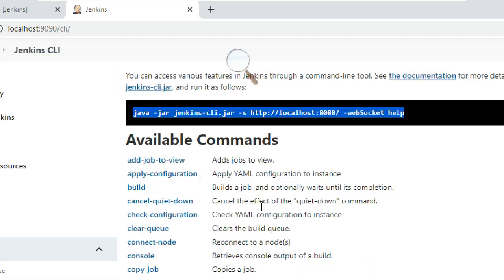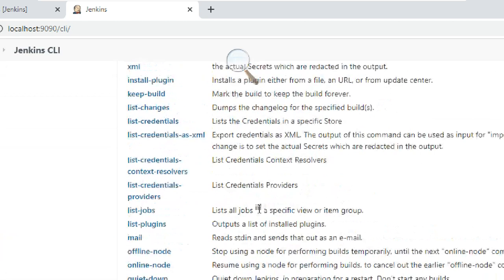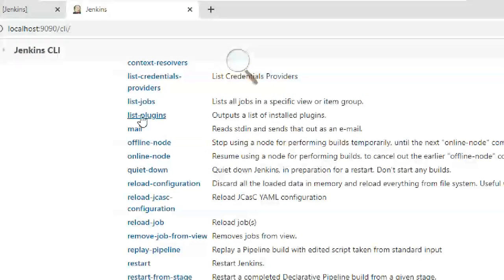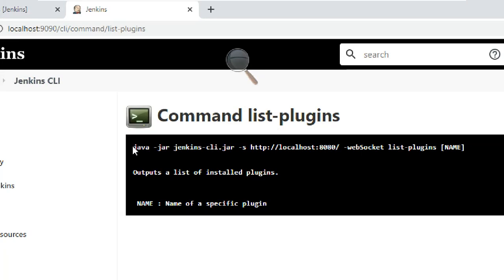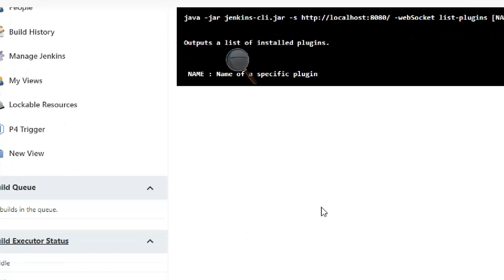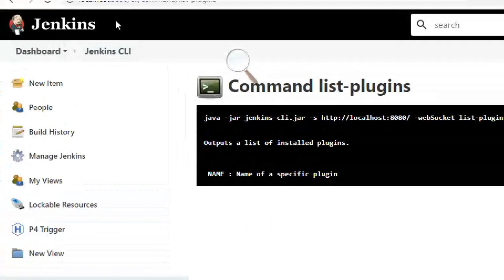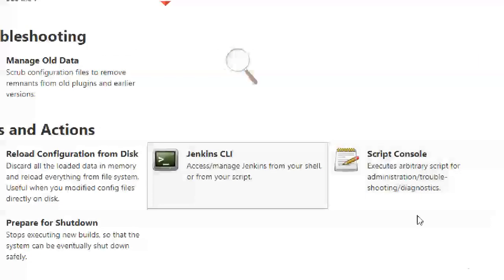It's a command format, for when you don't know how to put a command. For example, if you want to see the list of plugins, I click it and it will tell you what the command is. You need to learn it specifically. Just go through this, and once you are habituated to using it, then you can try. You have to download jenkins-cli.jar. You can download it directly, no problem. That one is the CLI.